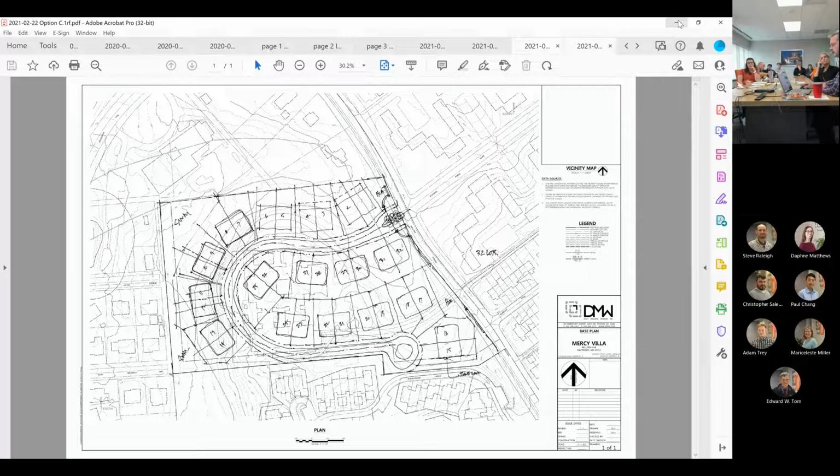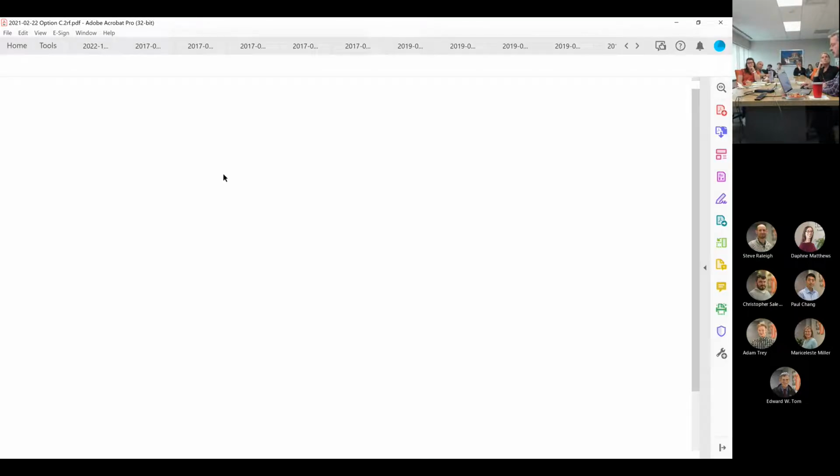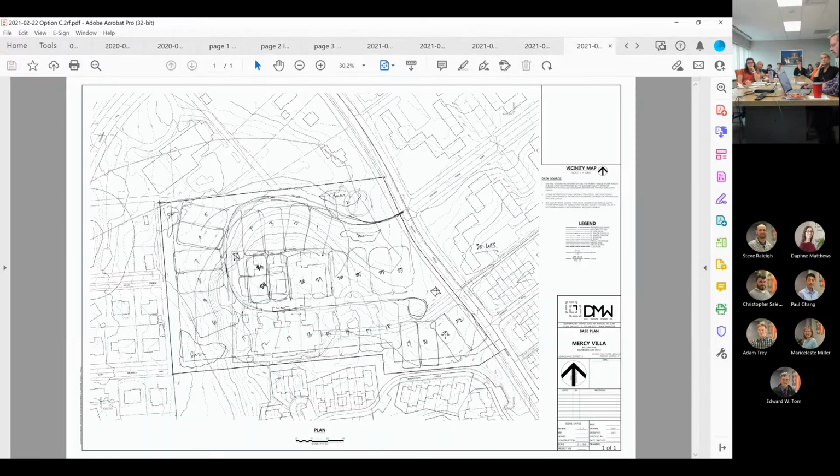This was another. Instead of the road being against the southern boundary, if we pushed it to the north, what happened? This actually, because this is a longer dimension than the northern side, the efficiency of the density of units was more efficient across the southern side. This actually had a 30 lot count, which was higher. So that sort of brings me to the conclusion of our